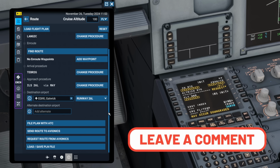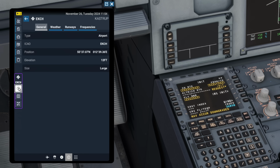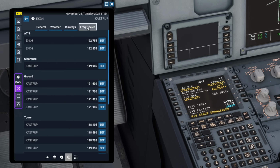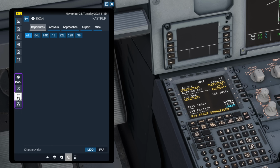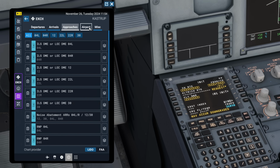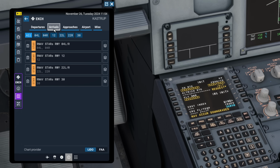So on to the best thing about Microsoft Flight Simulator 2024 for me. If then we look down here and see all the airport information, which is obviously here, it'll give you information regarding Kastrup, where we're currently departing. Obviously you've got the weather, runways, frequencies as well, if you need those, but this is absolutely amazing. We have got all of the LIDO charts, real world LIDO charts, available to us in Microsoft Flight Simulator 2024